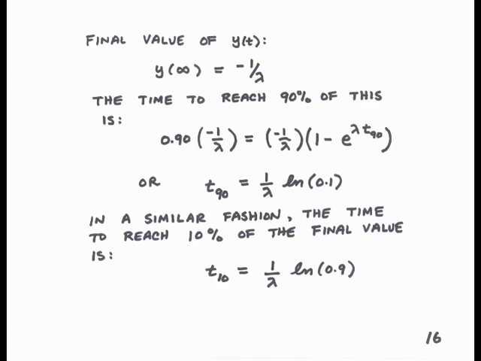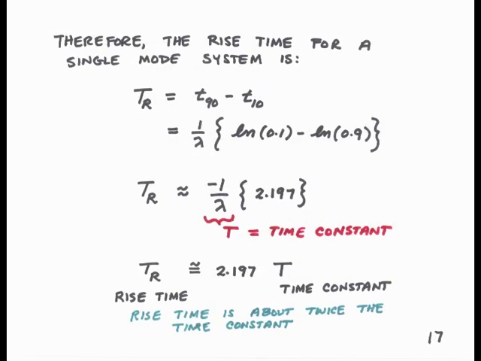We can then find the time to reach 90%, and it is 1 over lambda times the natural log of 0.1. In a similar fashion, we can find the time to reach 10% of the final value, and that will be t sub 10 equals 1 over lambda, natural log of 0.9. Therefore, the rise time for a single mode system is given by t sub r equals t sub 90 minus t sub 10, or t sub r is minus 1 over lambda times